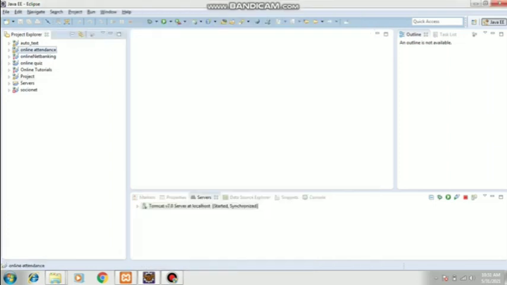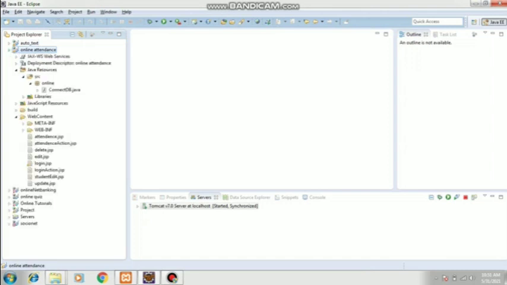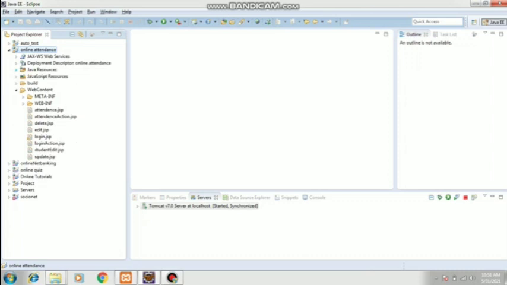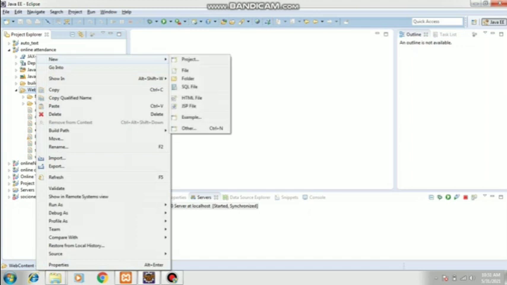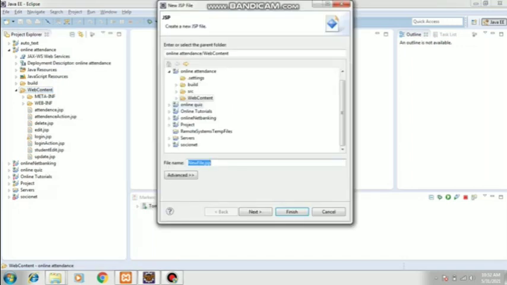I have created a number of projects. In this example I am going to show you how to create a login page. First you need to expand the project, then right click on Web Content, go to New, then select JSP file. While creating a JSP file, you need to type the page name.